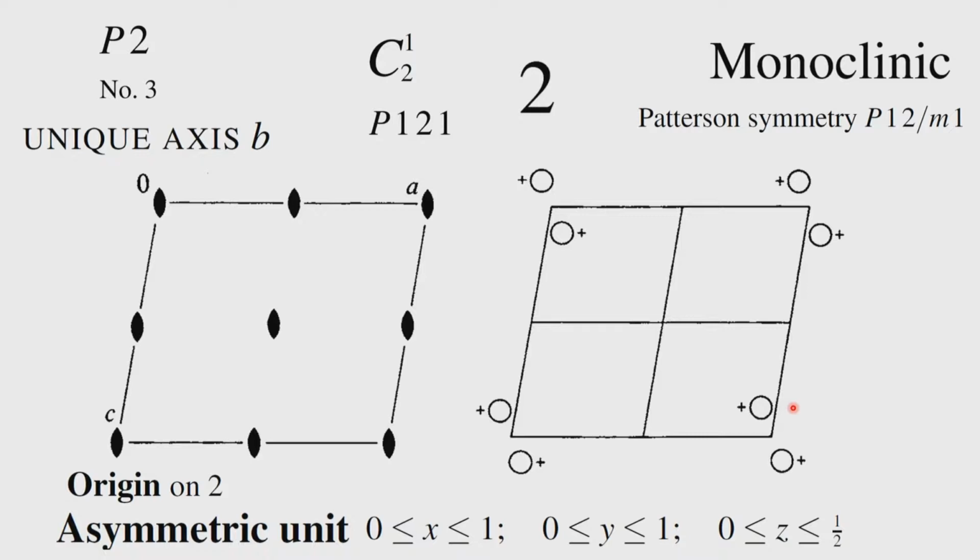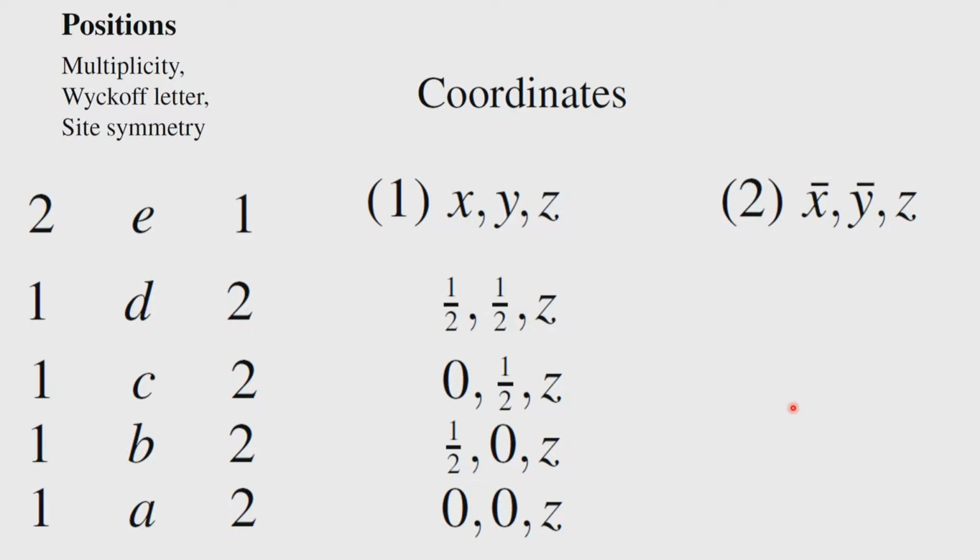So, having seen that, we will also see whether there is anything like special positions in this particular space group. For example, the multiplicity, Wyckoff letter, site symmetry, which is listed here, shows that there are 4 special positions. Remember, in P1 bar there were 8 special positions. Here there are 4 special positions. And what is interesting is that these special positions have a value of z. This is in a different orientation. This is probably seen down the z axis. So, this is something which should be seen down the y axis.